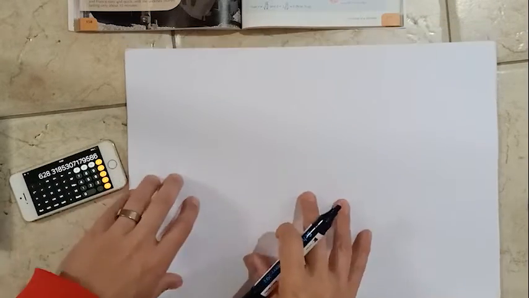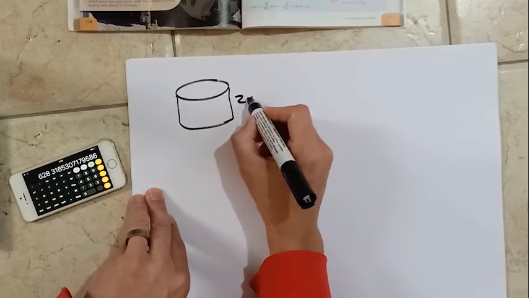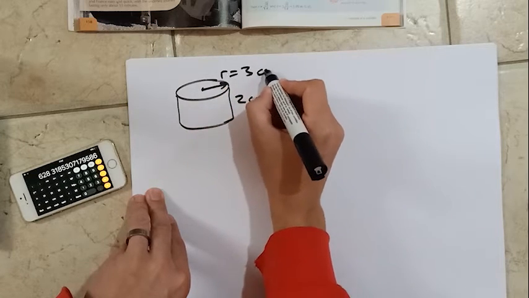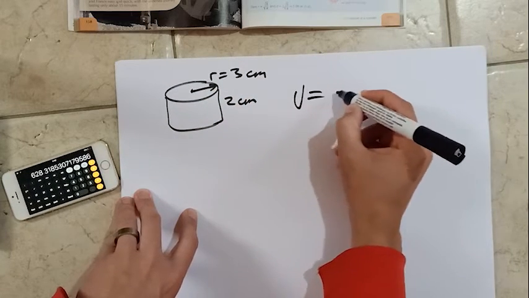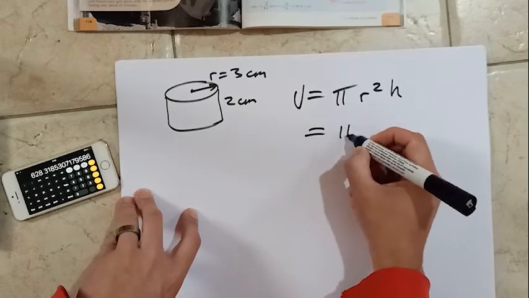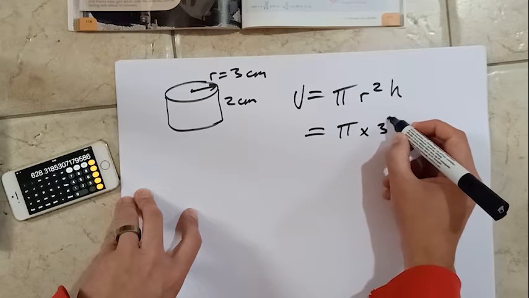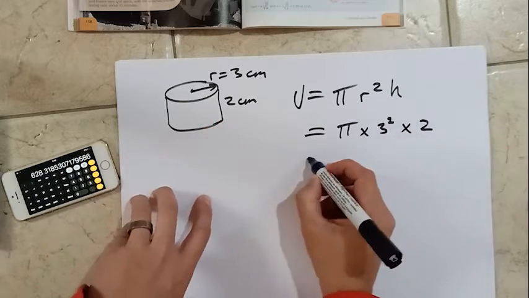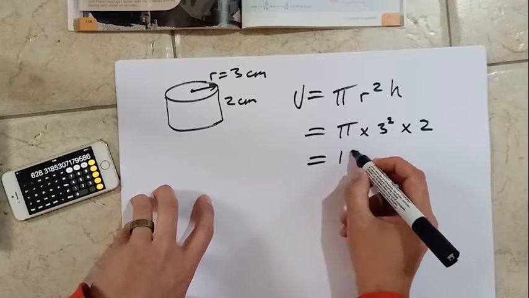There is a mistake coming up though. Example 2 just says leave it in terms of pi. So it's the same kind of question. Height is 2 centimeters and the radius is 3 centimeters. So the volume equals pi r squared h equals pi times 3 squared times 2. 3 3s are 9, 2 9s are 18 pi